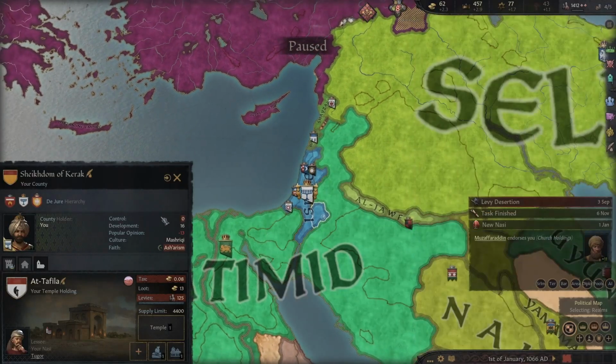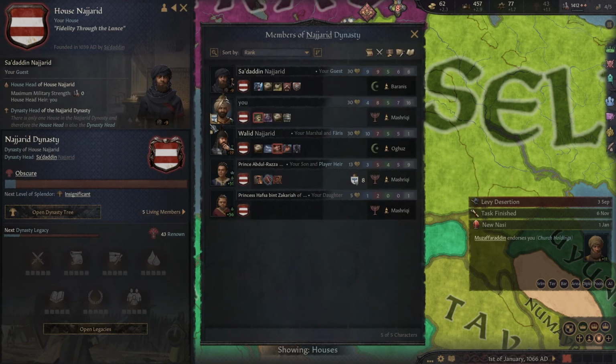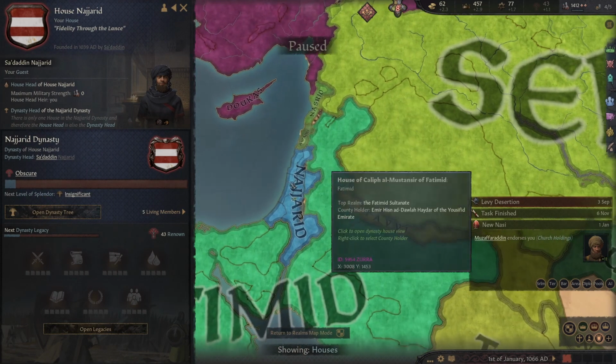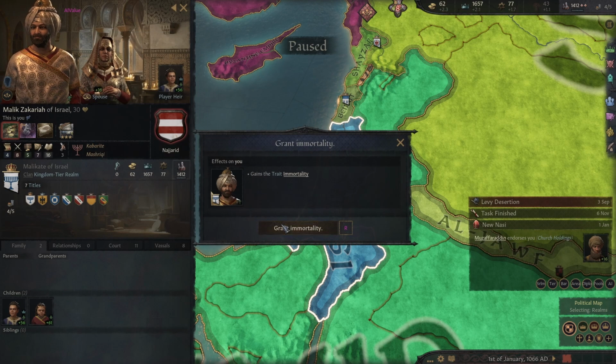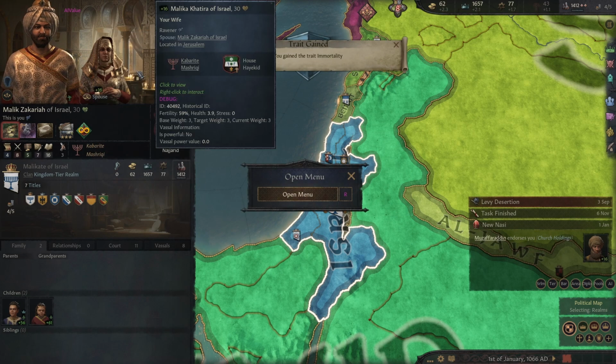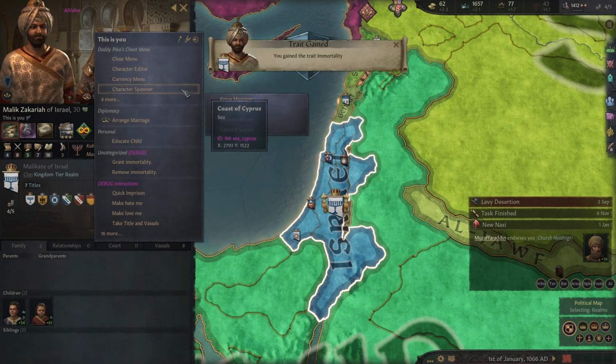All right, so we switched the character because we wanted to have a family member, or a family that was pretty much a no-name family. So let's go into the menu and make this man immortal by granting him immortality, and then we'll go into the other menu and go here and say